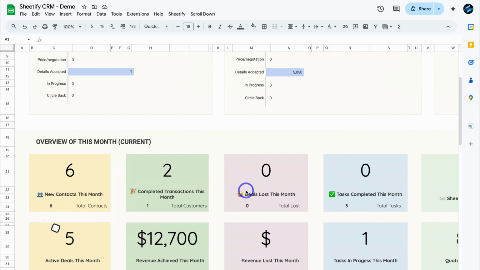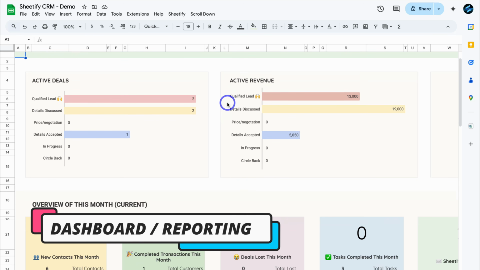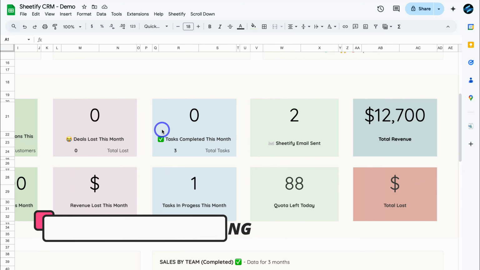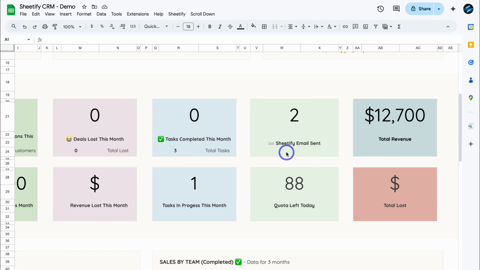This is where you can preview data like active deals, active revenue, overview for the month. If we navigate across, an important figure here is the Sheetify emails that have been sent. That's 2. The quota left for today is 88. Now, depending on your Google account, the number of email campaigns that you can send is based on this quota